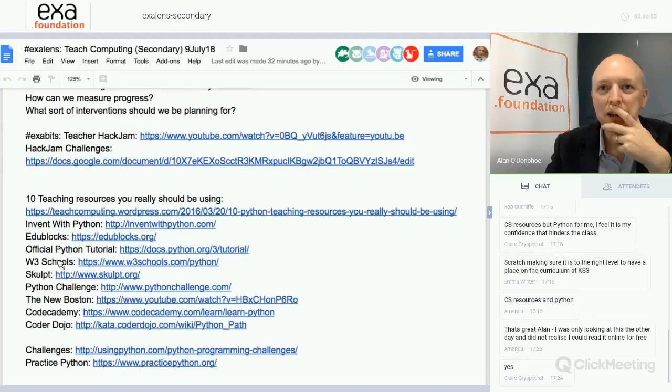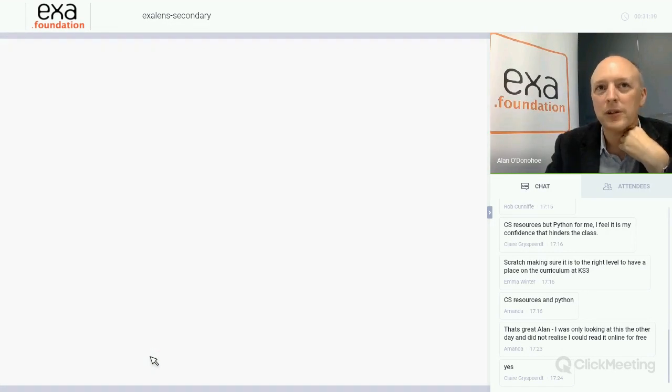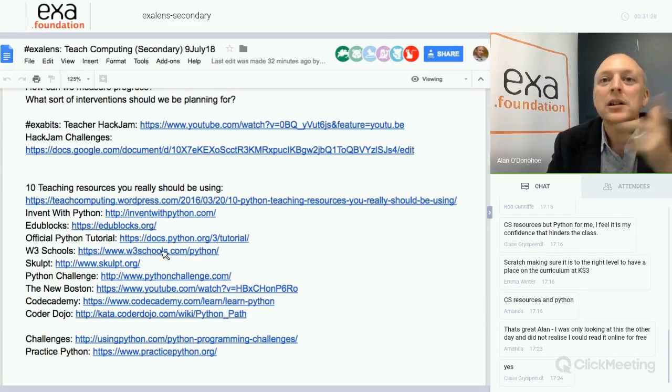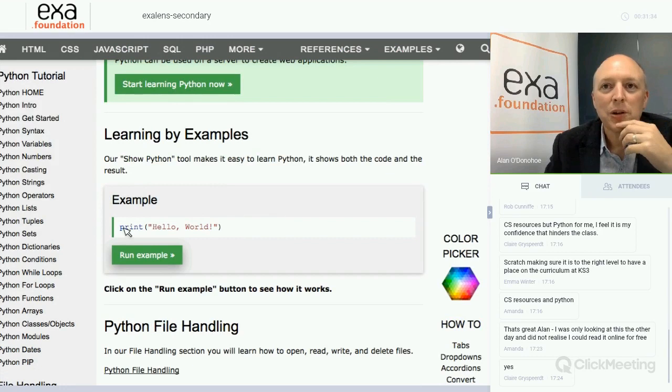Let me just recommend a few other things. So one of the nice things, if you are using tutorials, some of these are recommended for having a high level of interactivity. So this, practicepython.org. No, sorry. Where is it? There's a particular one. Oh my gosh, I think I forgot to put the link. I had it, and I've somehow not pasted it in. So some of them have, well, W3Schools I can use to model what I'm talking about. Some of them have interactivity. So the example that we typed in, you click run.